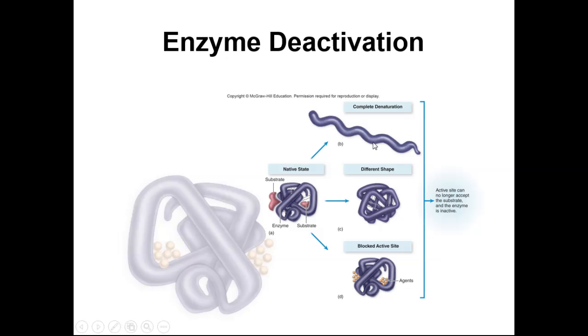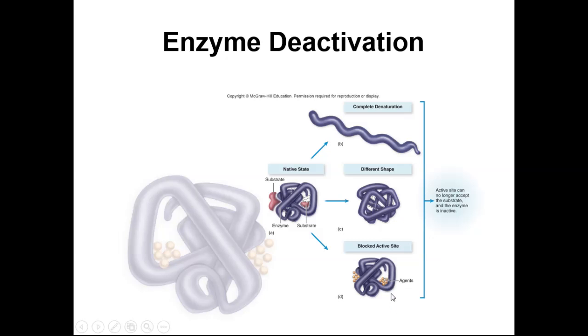to incredibly high heat, let's say in an autoclave, we can have complete denaturation occur, so that protein will change shape and no longer function. Or we can have a lower heat that will have partial denaturation, and it's still effective. We change the shape of the protein so it no longer can have the substrate fit in.